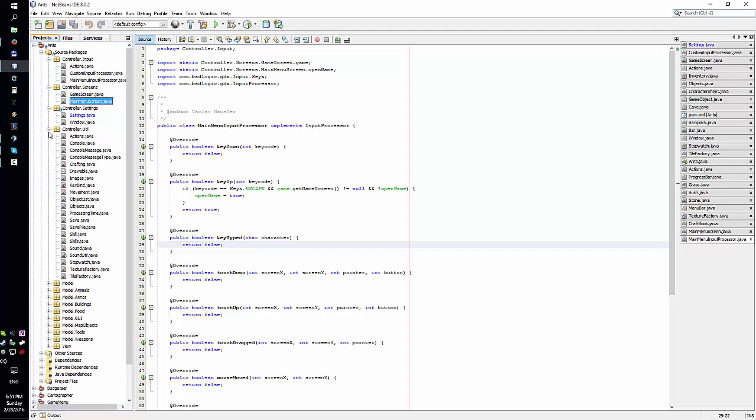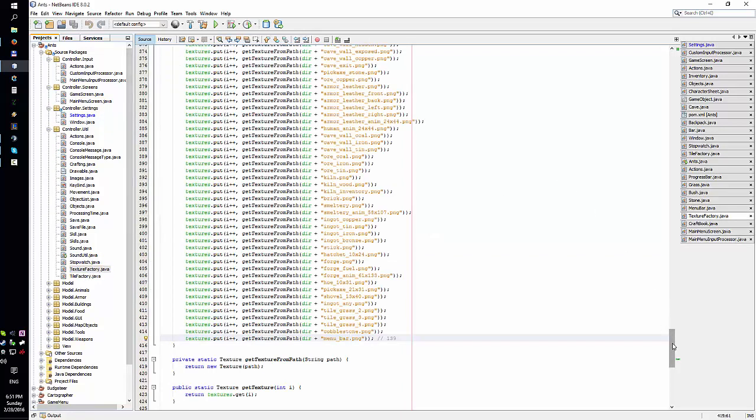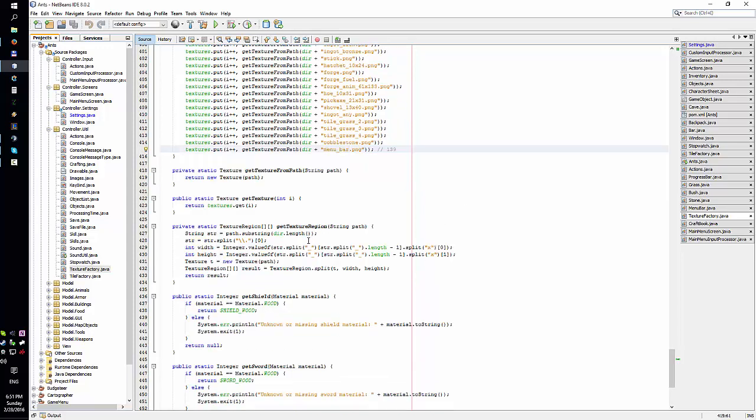What else is new? Lot of stuff. It's just too huge for me to cover in one short session. I've removed the old image factory, and it's been replaced with texture factory, which returns textures and texture regions. Texture regions are used to process animations or create animations. So right here I'm telling the